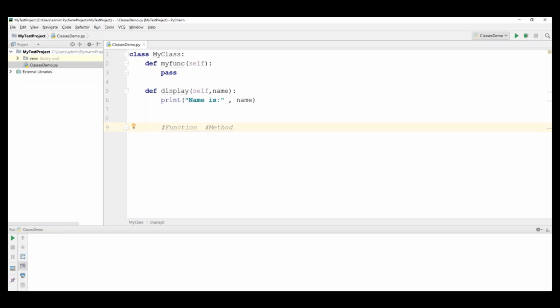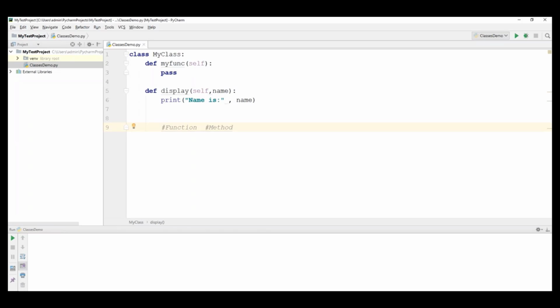To differentiate these terms, function is a name and method is a name. In C and other structural programming languages, we call that a function. So without a class, if I define a piece of code, that's called a function. And if I create the same function within the class, that is called a method. So in Java, without a class, we cannot create a function anywhere. We must create a class, and within the class we have to include the function. In that context, we call it a method.